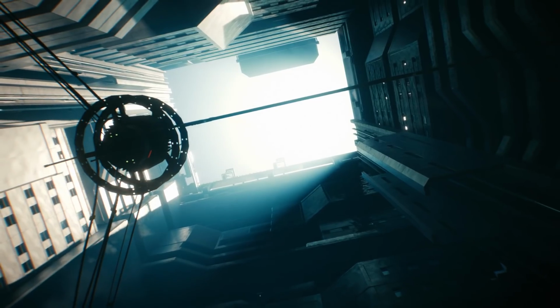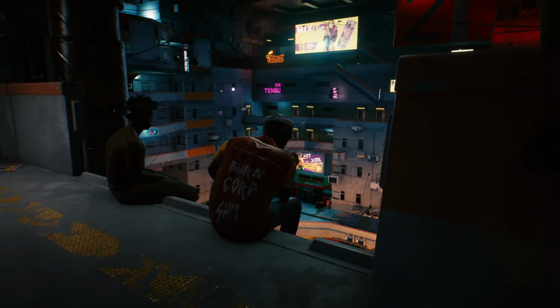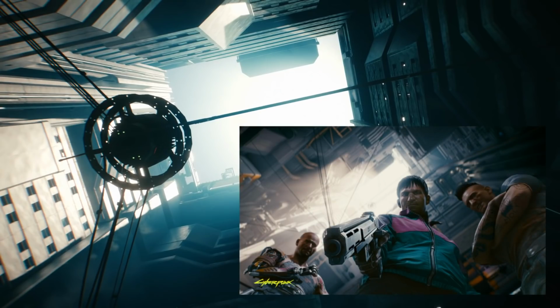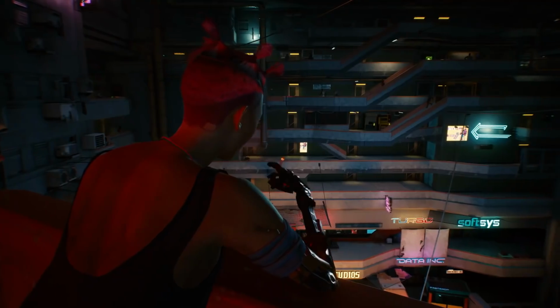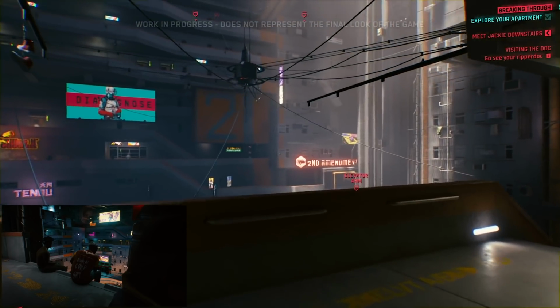We have seen these scenes before in 2018 in the form of screenshots, trailers, and walkthroughs. This scene looks very similar to this area from this screenshot where we're being held up by scavengers, whereas inside the mega building we have similar scenes occurring in the E3 2018 trailer with these NPCs kicking back enjoying some smokes and drinks. There are also some parallels between these two scenes as we survey the lay of the land